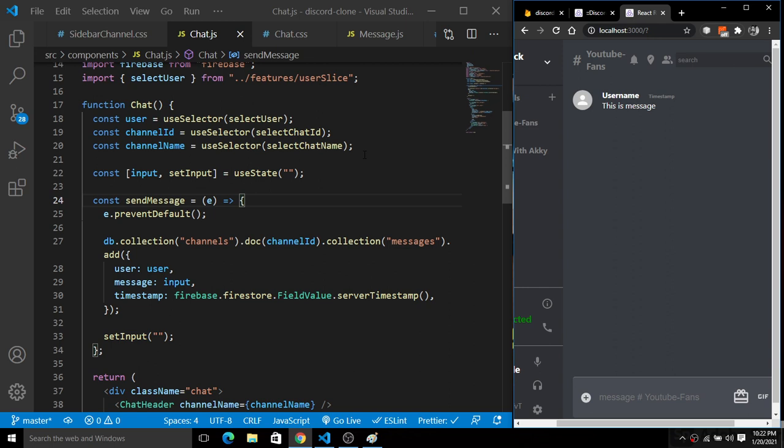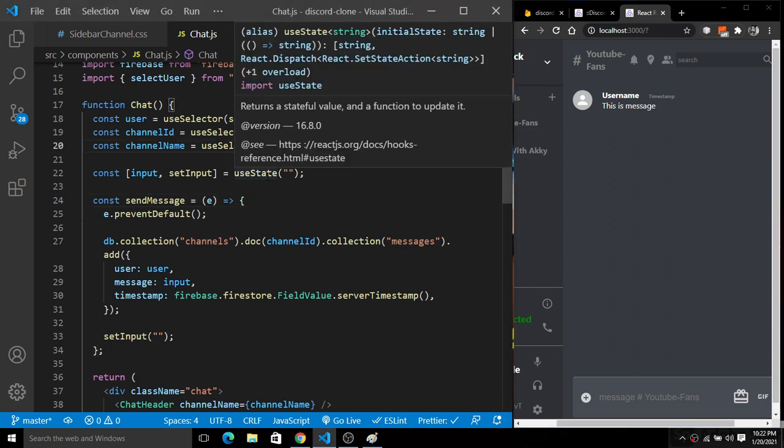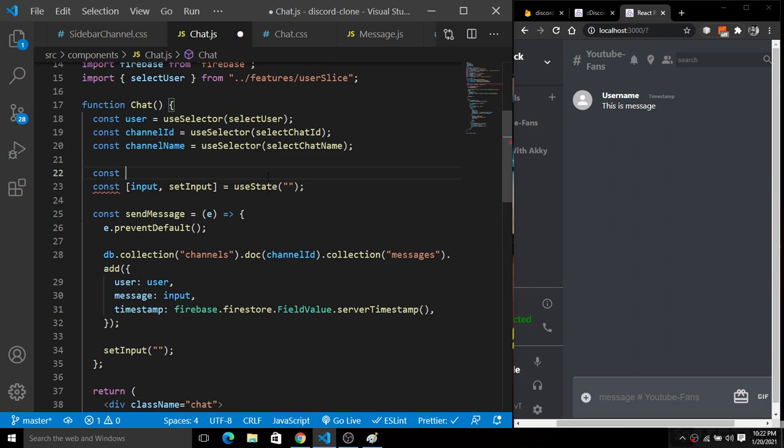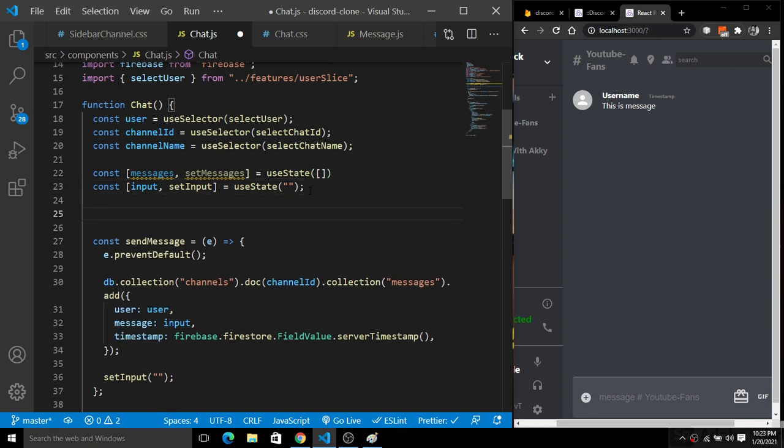So basically pay attention here. I'm going to simply render all the messages on the chat screen. For this I'm going to simply create another custom hook for the messages. So we have this messages and setMessages, and I'm going to simply use a state hook here. Initially it will be an empty array. We will have a bunch of messages here, and after that I'm going to simply render the messages.